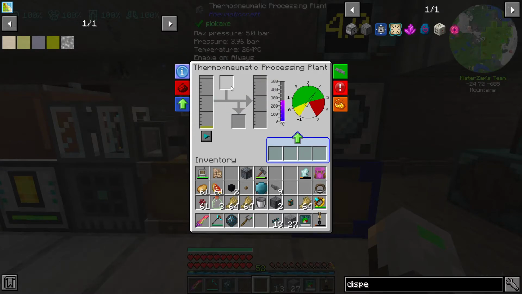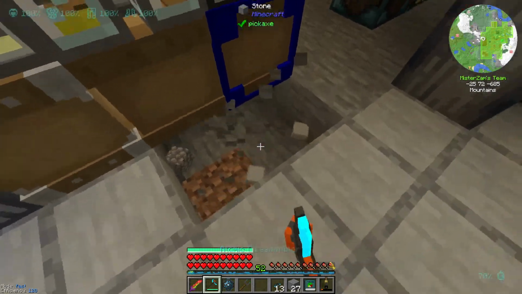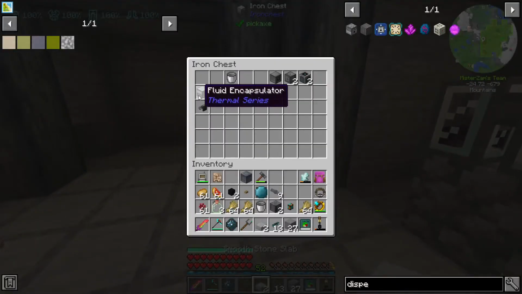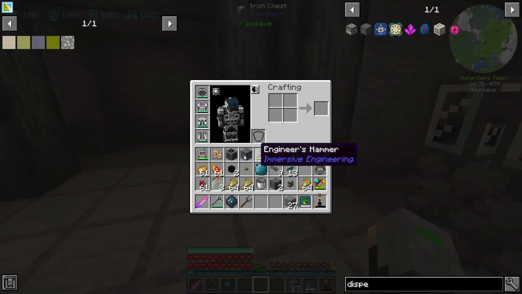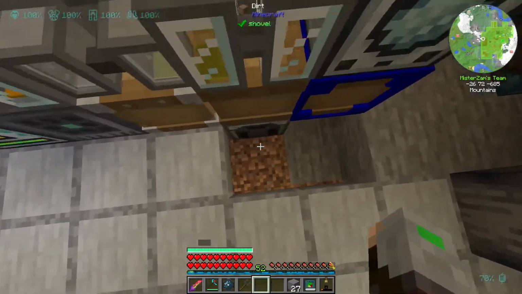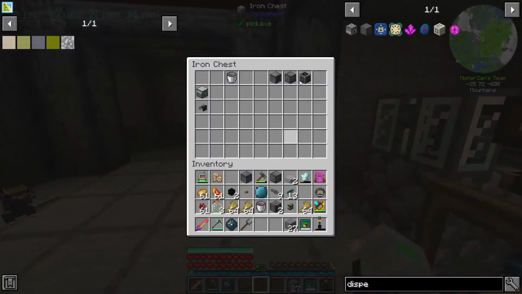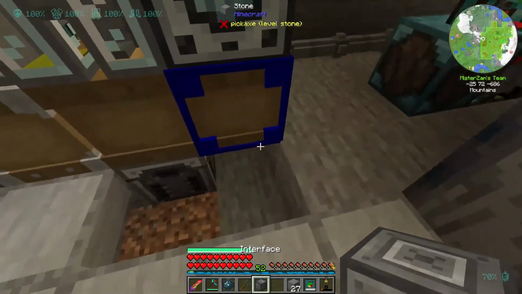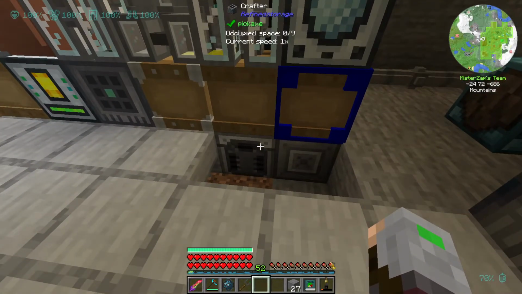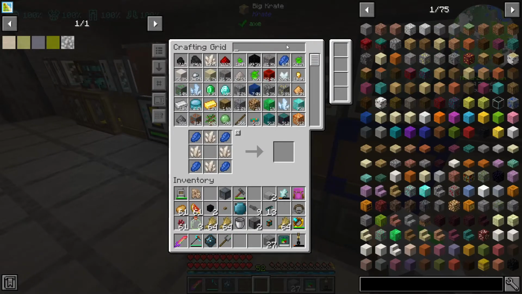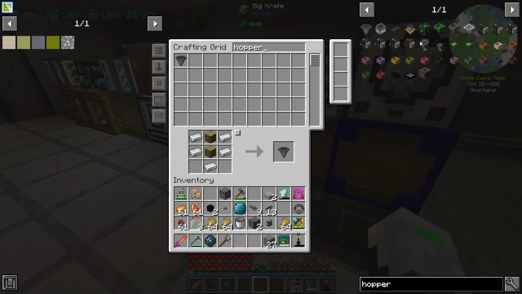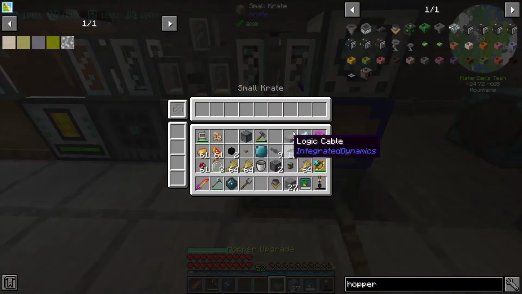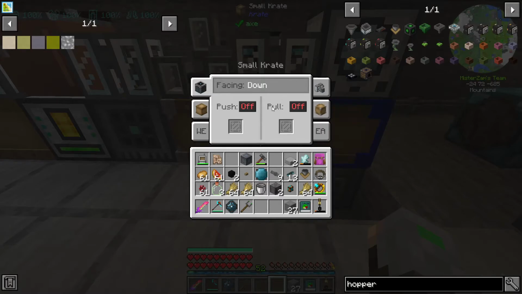Okay, so in order for us to get molten plastic, we need charcoal, right? So let's do a little bit of auto crafting in here. So I need my crafter. So crafter and interface. Crafter facing up. Interface. Oh, actually I have it in my inventory beside this. So you should have a hopper upgrade, something like that. I actually need two of this. So hopper that will be pushing to the top,